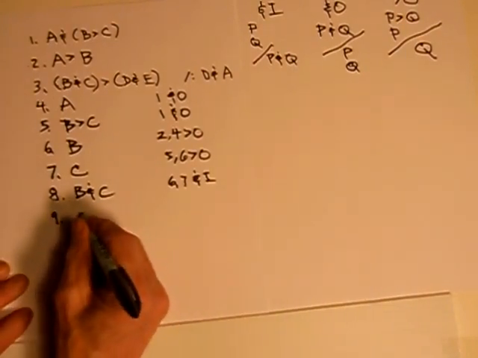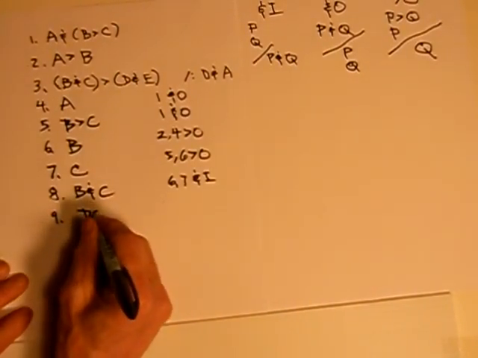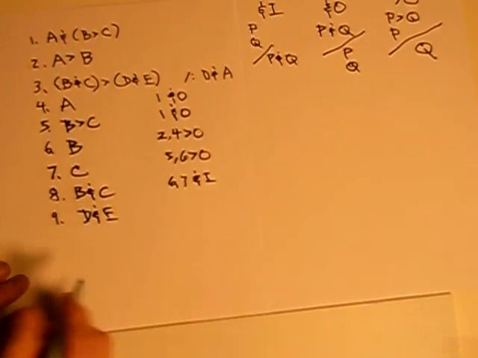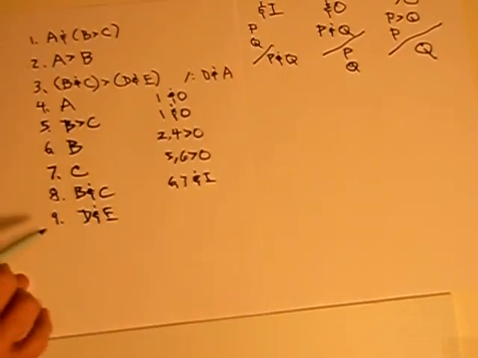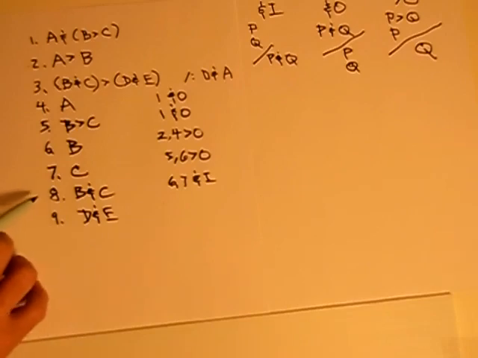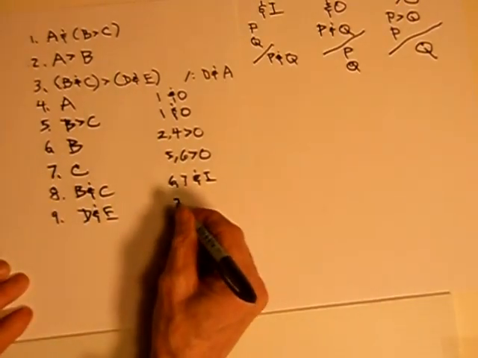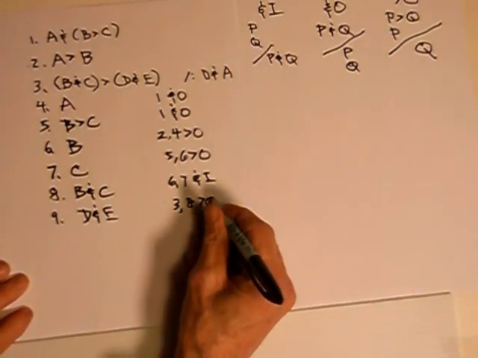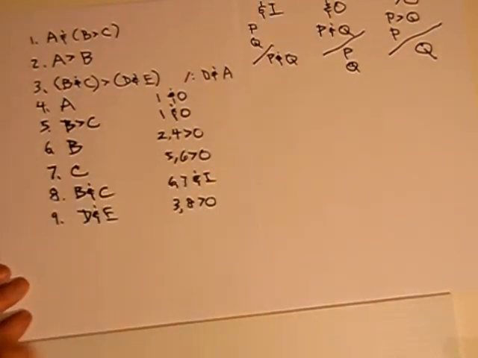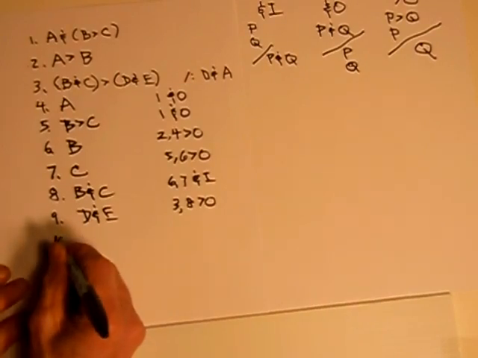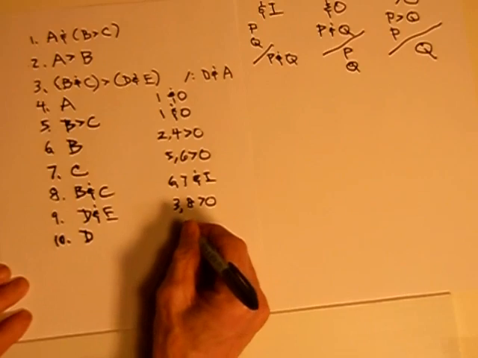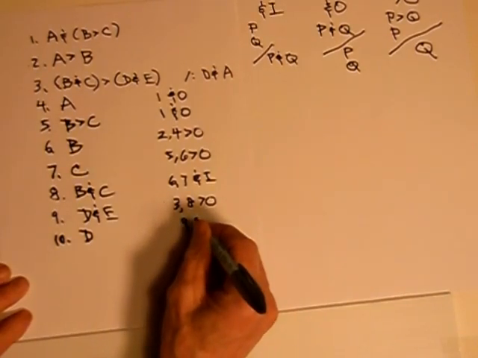and that gives us D and E from 3, 3, 8, arrow out. That gives us D, 9, and out,